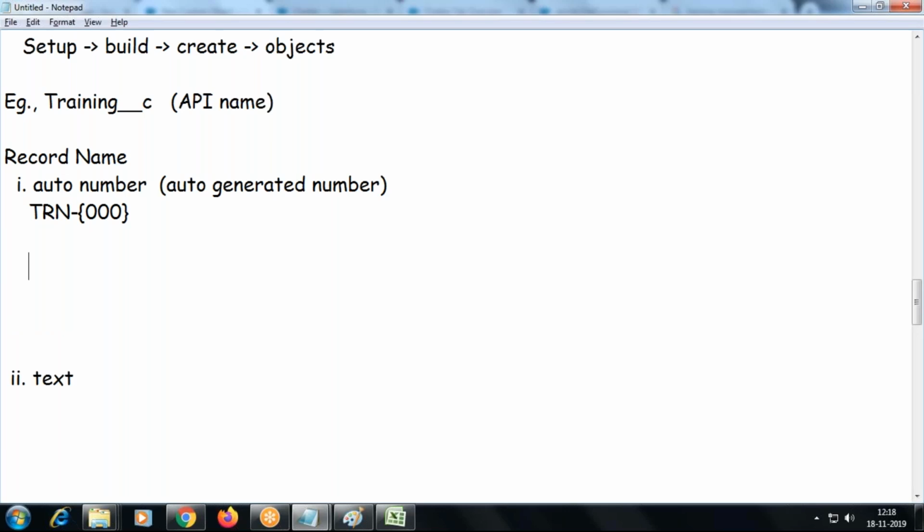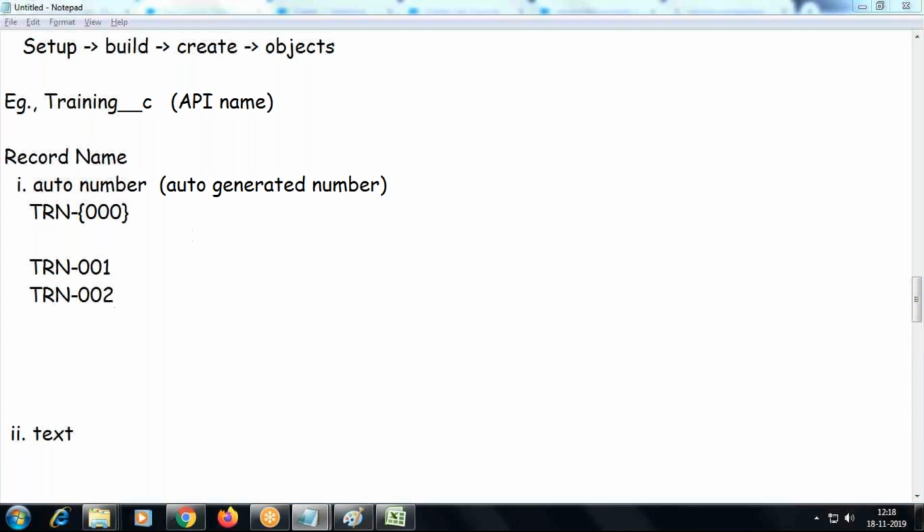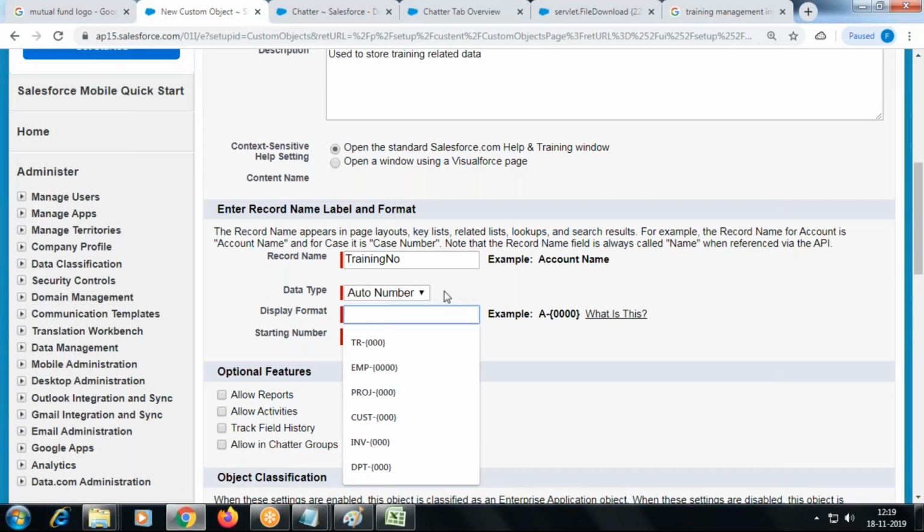Whenever I insert a row, a number will be generated automatically for every record. As part of defining this format, I'm going to define the format as TRN hyphen 00. What is the starting number? If I give 5, then it will start from 5.